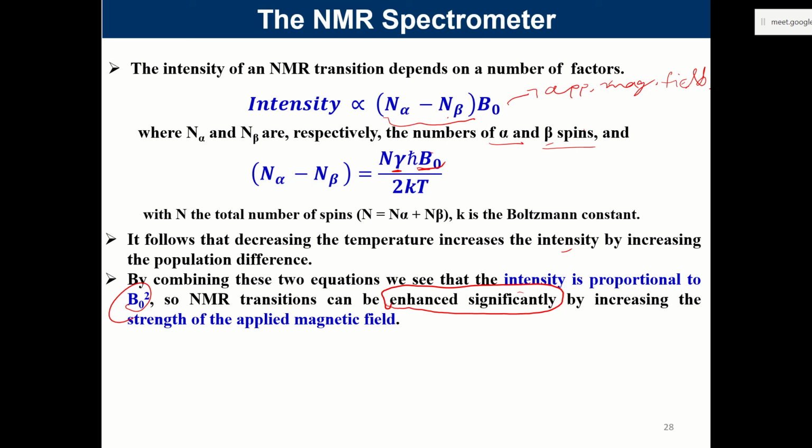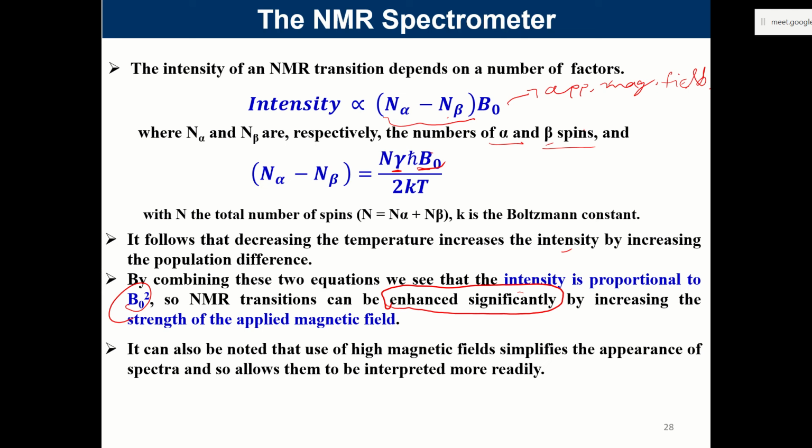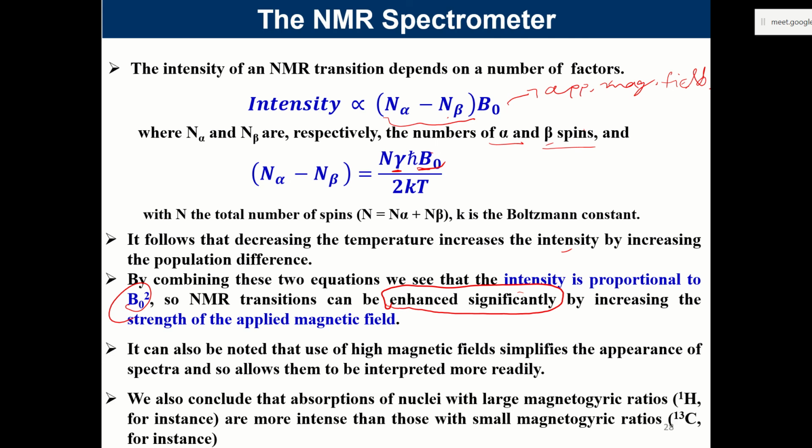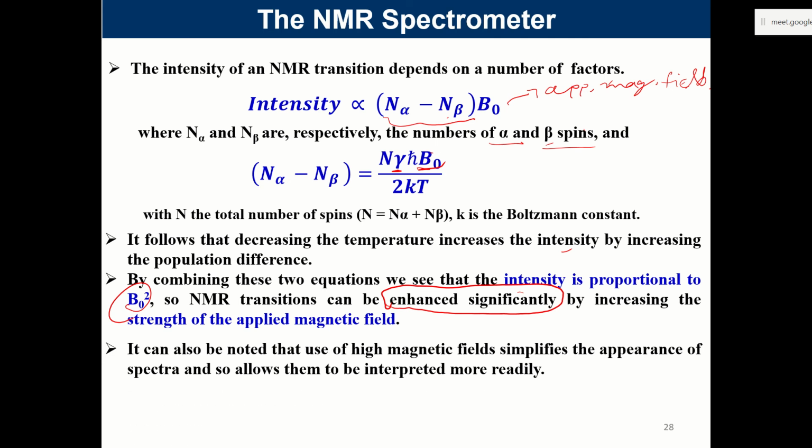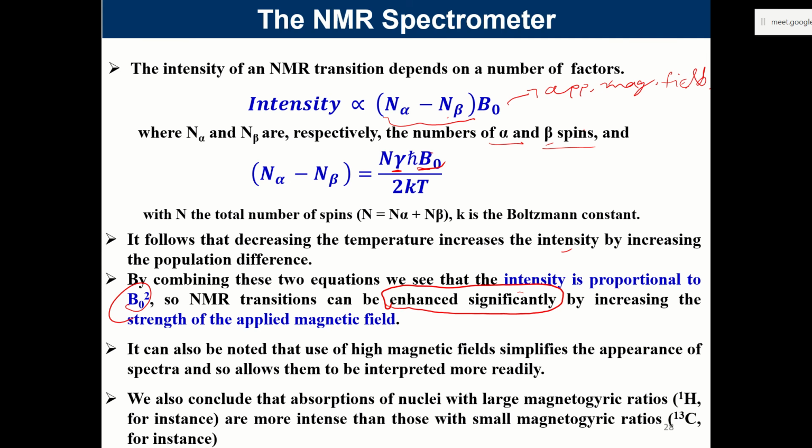The more you increase the magnetic field, the better the signal you will get in NMR. So this relation we get from here, the intensity. So we are seeing this relation here. Clearly you are having a B naught square term coming in, which really helps. So it makes sense. And the second factor is that